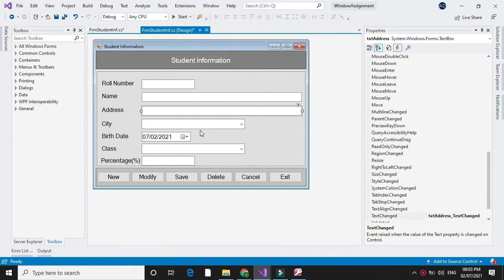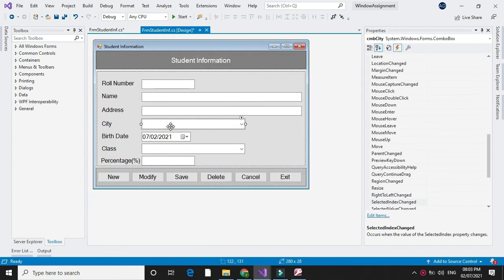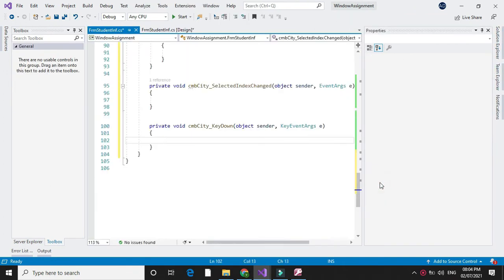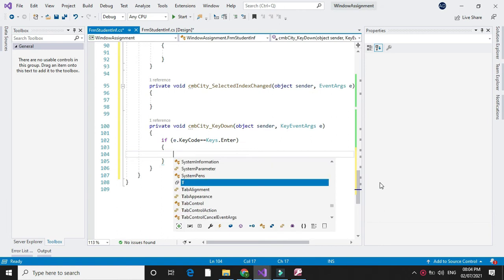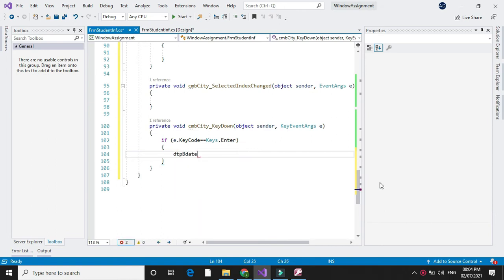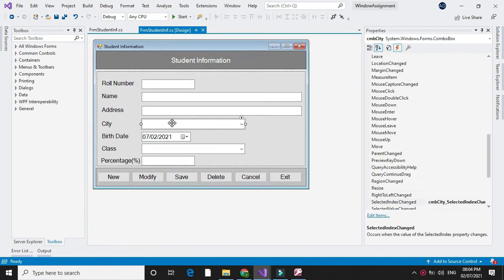Now from cmbCity we will go to birth date. So for the cmbCity KeyDown event, e.KeyCode equal to Keys.Enter, it will move focus to dtpDate.Focus. Now we will write the KeyDown event for birth date.